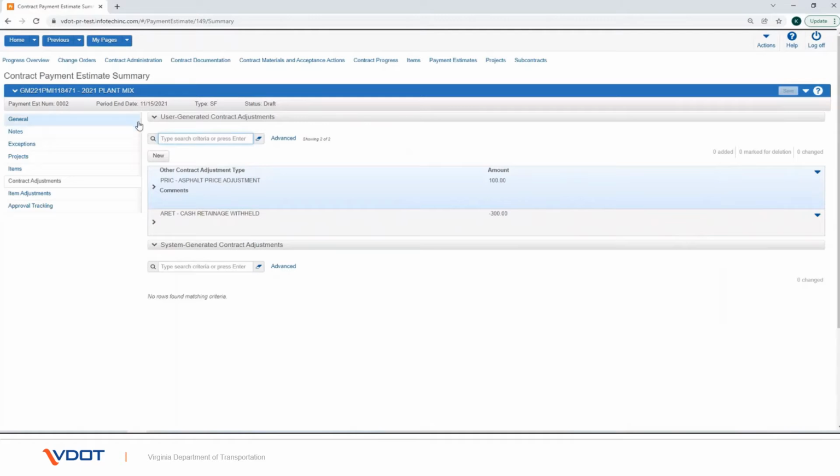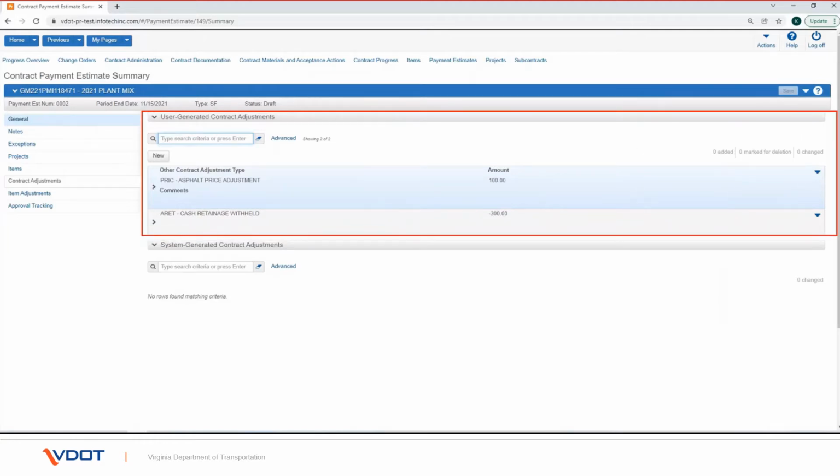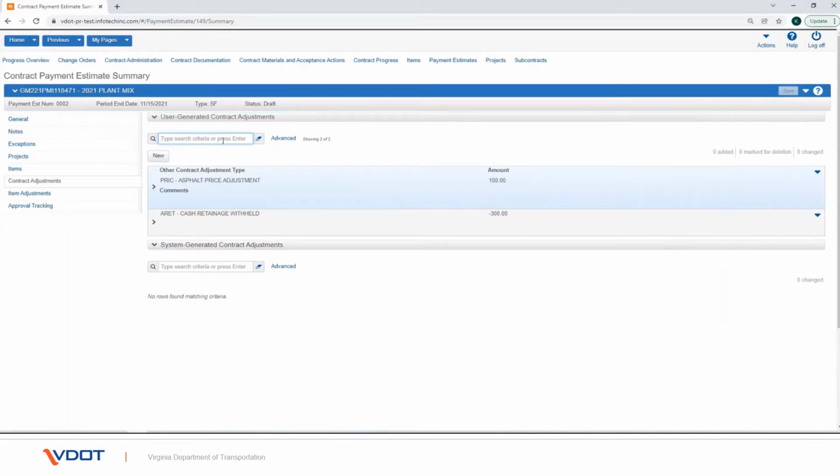Now let us look into adding a user-generated contract adjustment. The User-Generated Contract Adjustments section displays an accordion list of all of the contract adjustments that have been made manually for the payment estimate. To add user-generated contract adjustments for a payment estimate, in the User-Generated Contract Adjustments section, click